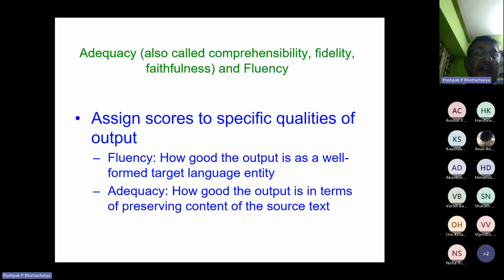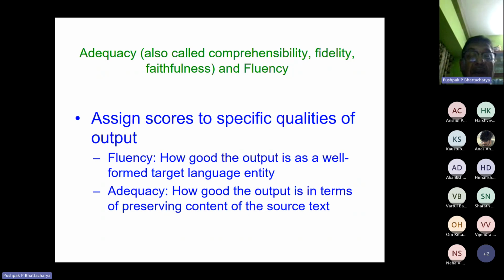So we see that the concept of language model is really very, very robust with respect to fluency ensuring. Adequacy, no, we know the very frequently referred to, well-discussed problem of hallucination. So any departure from adequacy is a departure from faithfulness, fidelity, comprehensibility, and that sometimes is manifested in the form